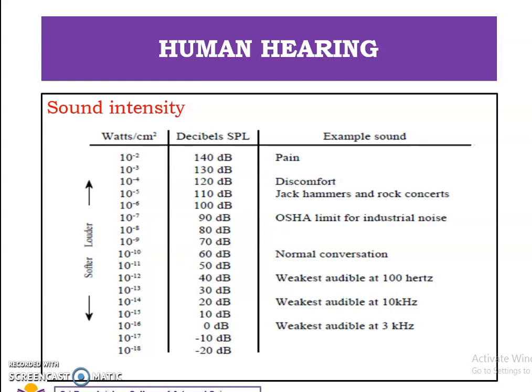Second, the clue to the directionality is that the ear on the far side of the head hears the sound slightly later than the nearer ear, due to the distance from the source. So this is one way of identifying the direction of the sound. While human hearing can determine the direction of a sound, it is poor at identifying the distance to the sound source.